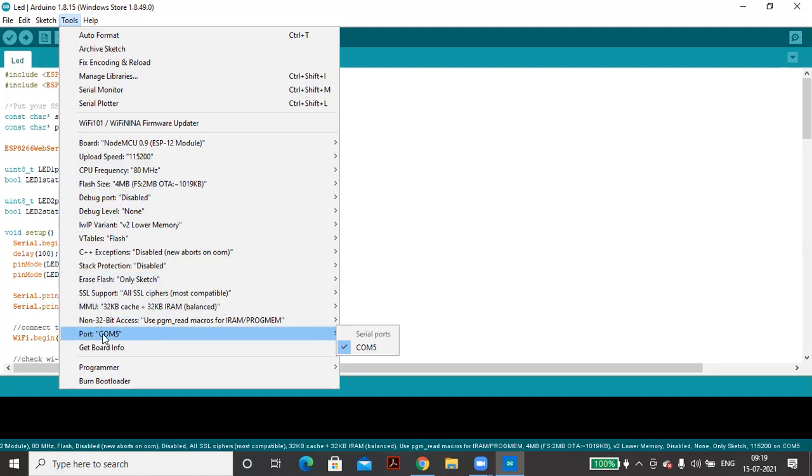Sometimes it will not show, it will remain unselected. So what will we do? We will go to Device Manager. There is not that much time to show it now, I am just saying, just go there and then you will see some error message for some hardware. You will see the list of the hardware there. So many hardwares will be there, for the display, for Bluetooth, so many hardware drivers.